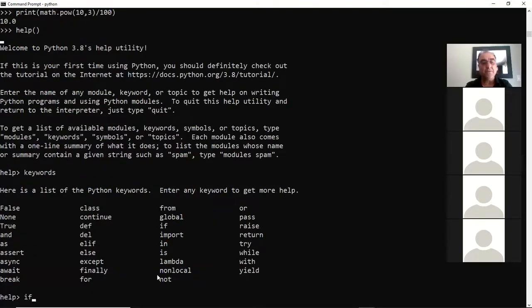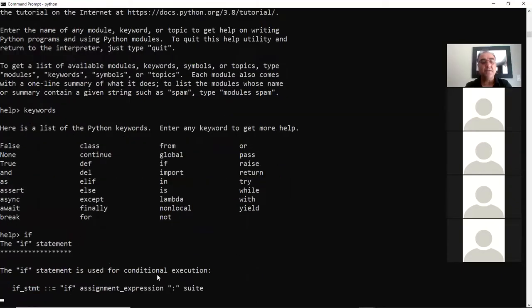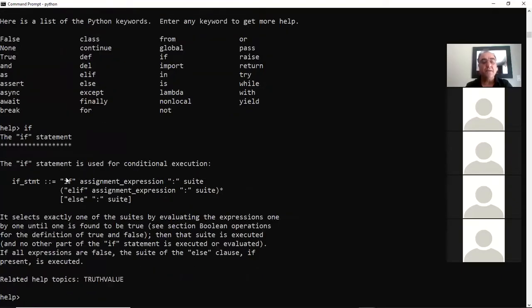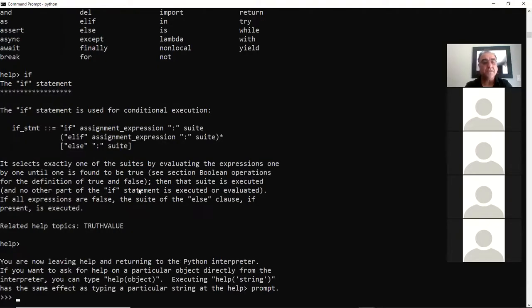And remember, we were experimenting with the if statement. The if statement has an assignment statement and some suite of instruction commands or other expressions that you put. There's an elif part and there's an else part and so on. So if I say, okay, how do I execute it? I press enter here and say if